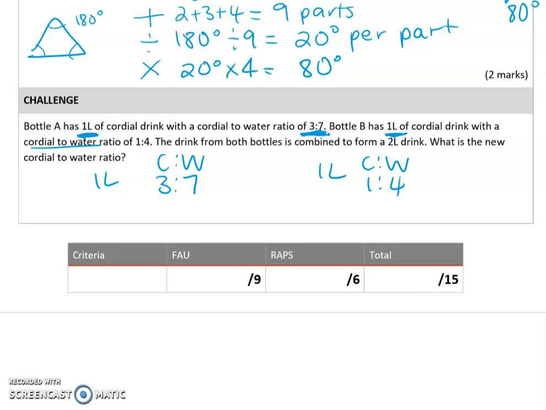The drink is combined, so you've got all of the water and cordial in this bottle and all of the water and cordial over here added together. Let's think how much cordial and water actually are there. So we've got 1 litre shared into 3 to 7, and I know that's 1,000 millilitres. So let's undertake the process for sharing into a ratio: add, divide, times. Add together the